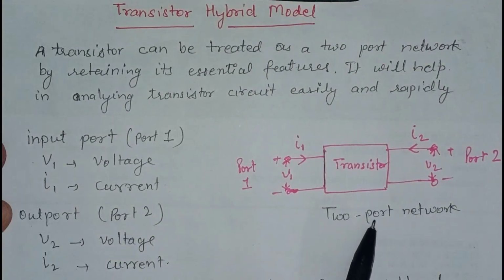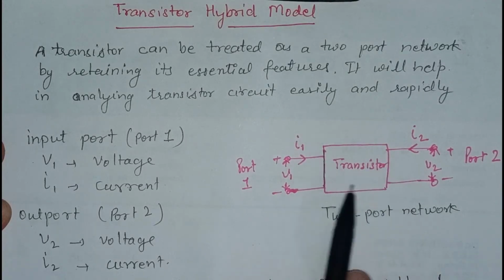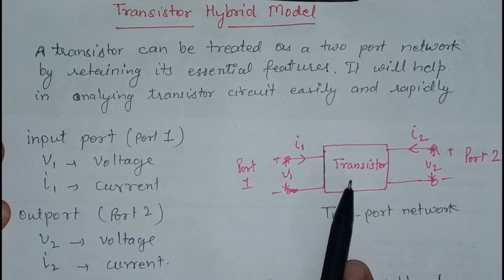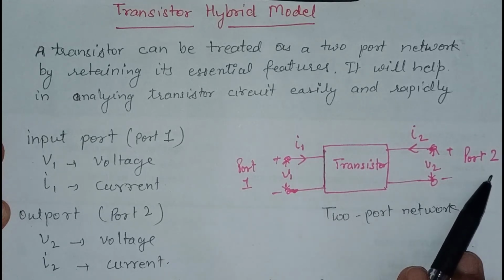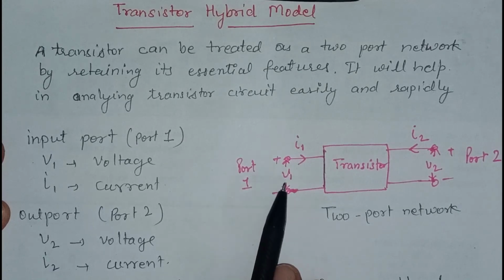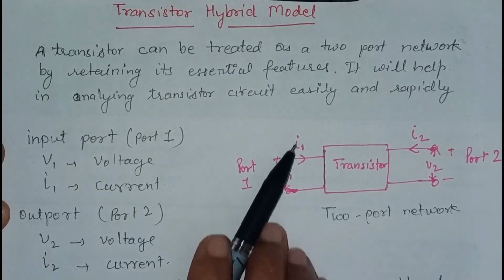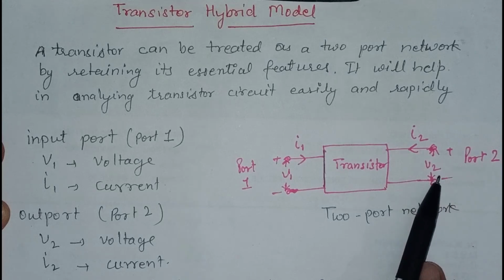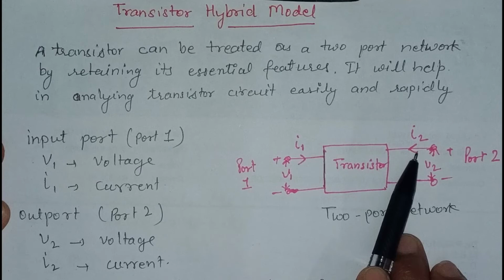This figure shows a two-port network. In this two-port network, we can see here this is a box. This box shows a network of circuit elements like resistors, capacitors or inductors, or it may be an electronic device like a transistor. It has one input port and the other is the output port. When we apply a voltage V1 at the input, current I1 flows. Both these quantities are at the input side, and we get V2 as the output voltage and I2 as the output current.